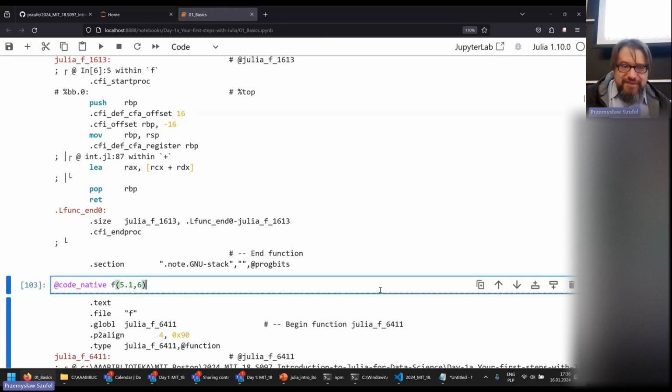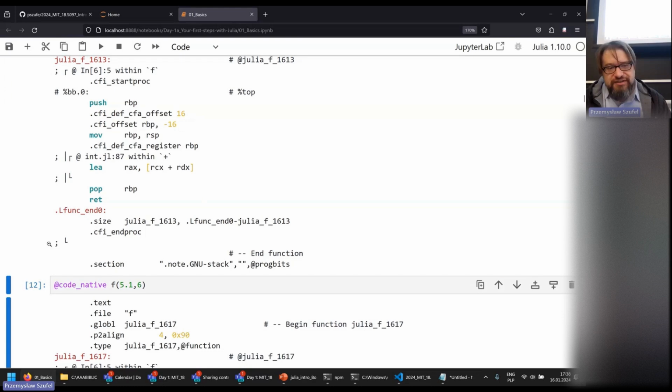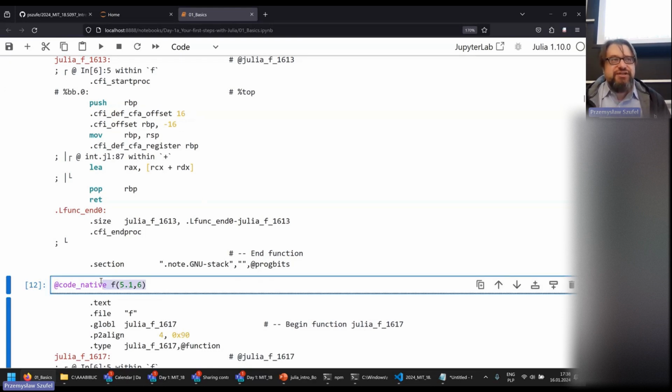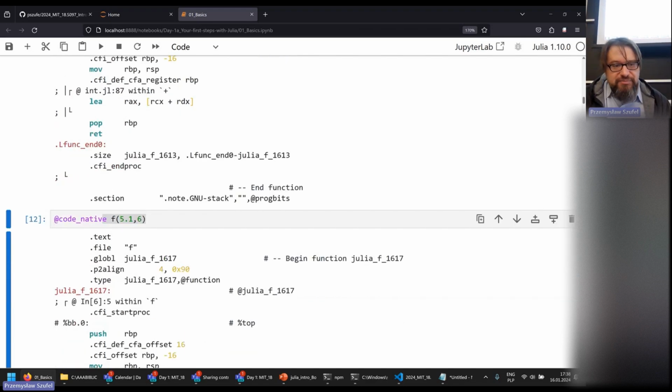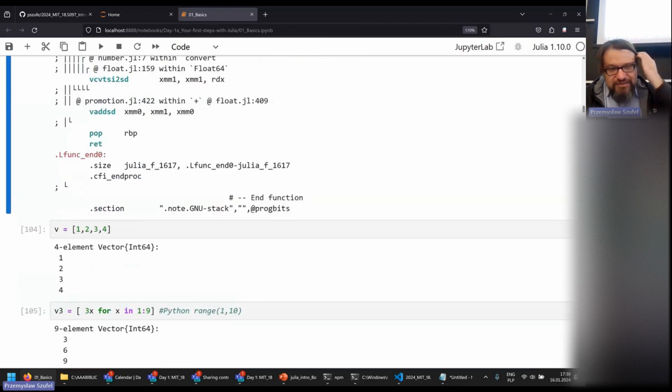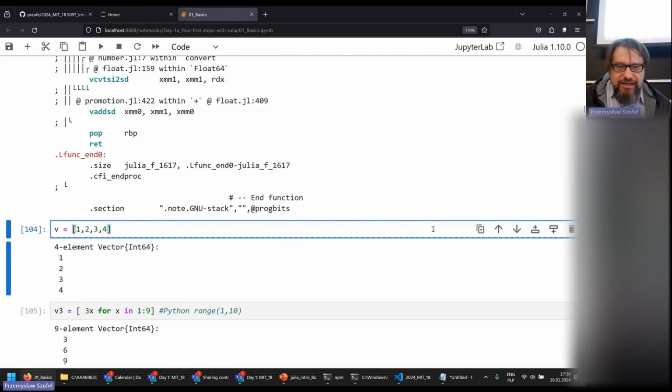Okay, this is maybe kind of technical, but the assembly code, of course, is going to look different for different sets of parameters. Okay, so Julia is using multiple dispatch. We'll be discussing this also later. So it's looking at the type of parameters, and depending on the type of the parameters, the code is getting compiled differently. Now we'll have a more exact look at Julia's type